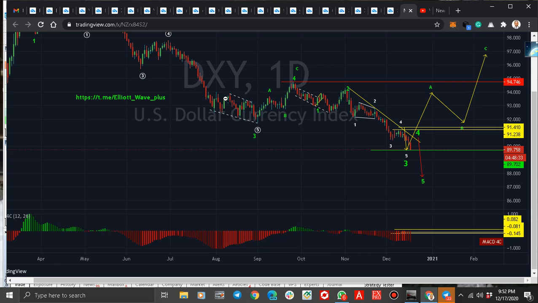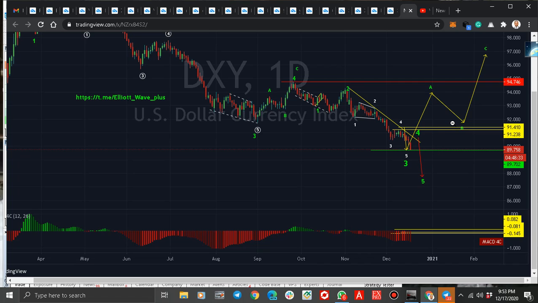Okay, let's begin. Here is the US dollar index. This is the daily chart. Remember, this line has been there for long. I forecasted that we are going to go below 90. Now it's at 89.7. We might have a little pullback and still come down. So my first expectation is that we will have a little pullback and come down here around 88 before we can expect a bullish move.